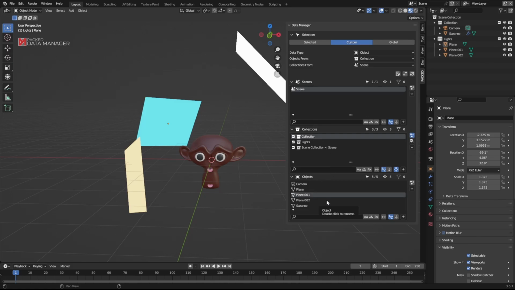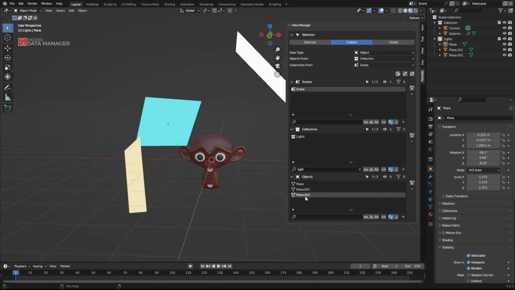In this particular scenario, we're only interested in objects that are contained inside the lights collection, so we can disable other collections. Notice that we're using the multi-select mode in this case. If we do not want to use the multi-select mode, we can simply use the filter here and type light. The effect is the same.